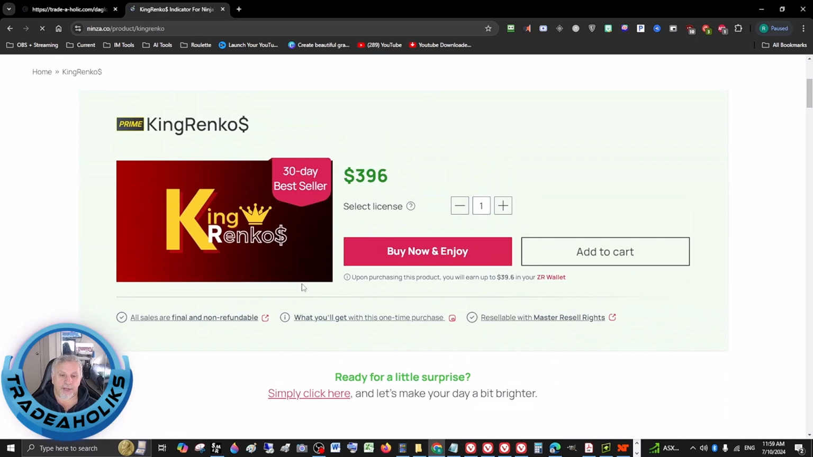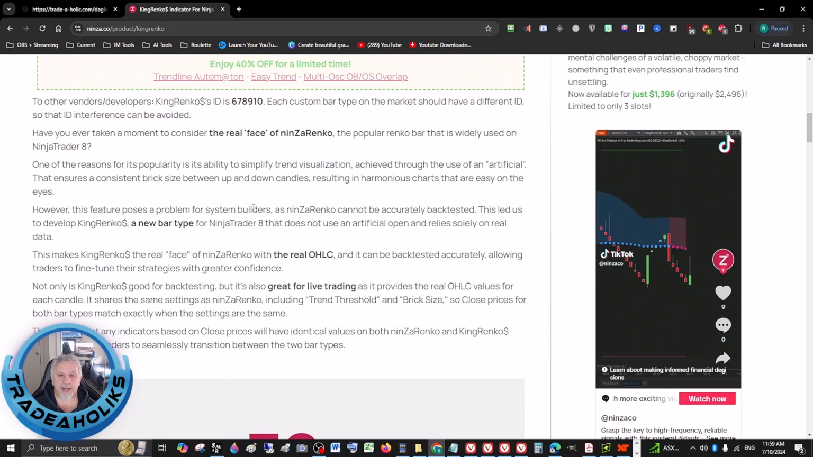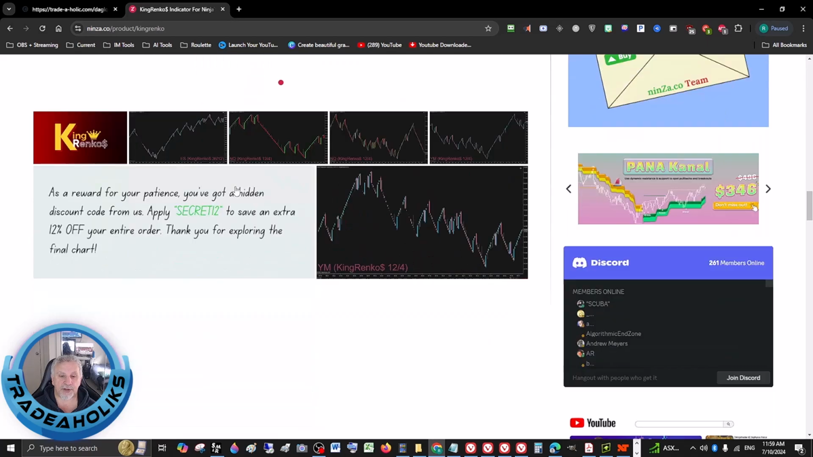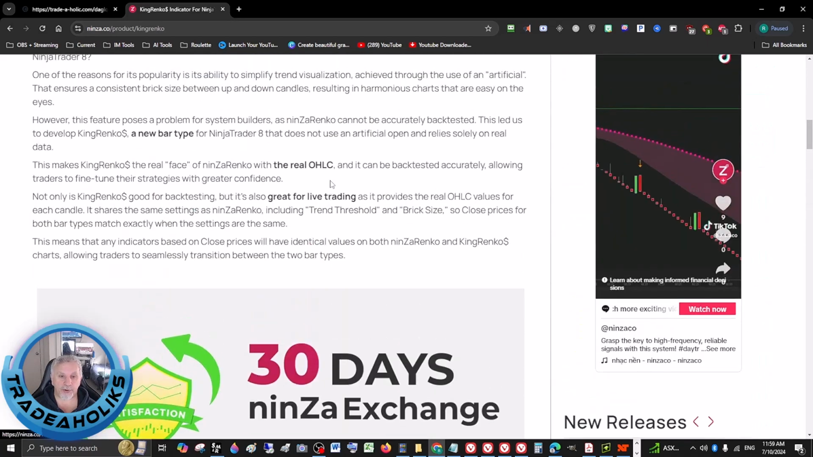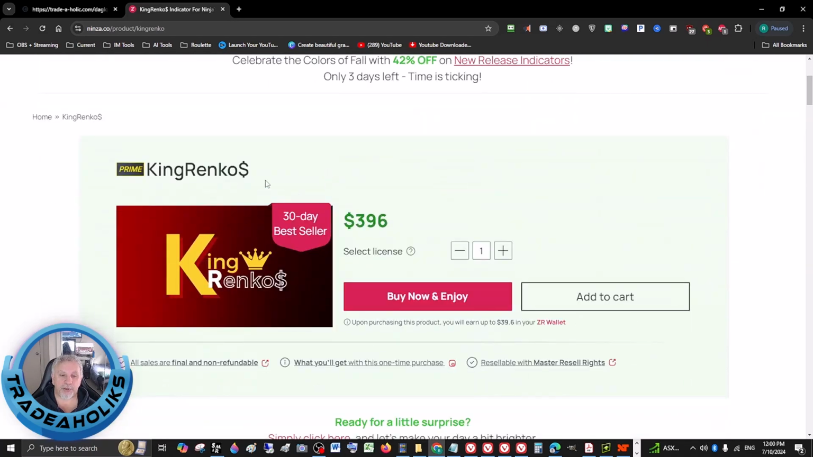So you want to use the King Renko bars because they can be back tested. NinjaTrader has their own Renko bars, which is free. You can actually download it from this site for free, but you can't back test them because it does an artificial open and an artificial close. So they created these bars called King Renko, which can actually be back tested. So that's a difference. Again, it gives the explanations of what it is and how it works, which I showed you earlier. So you can also purchase that if you wanted to. So use King Renko with Thunderzilla together, and you've got the best